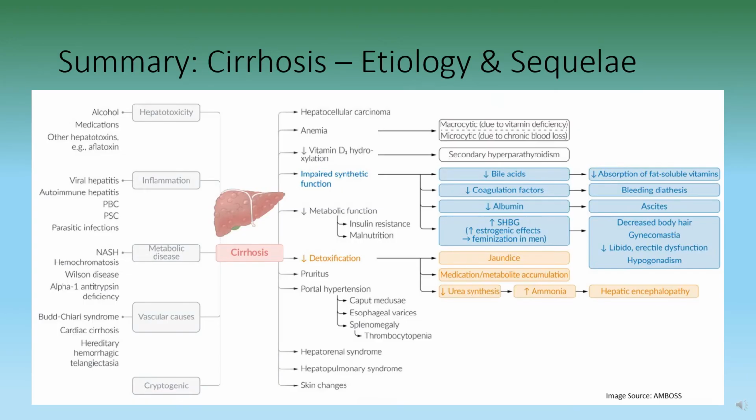As you can see, there are many factors that can combine and contribute to liver damage, causing fibrosis, inflammation, and impaired function of the liver, eventually leading to cirrhosis. This figure illustrates the many processes and pathways that the liver is involved in and provides a good summary of how this liver impairment manifests into the symptoms seen in cirrhosis patients.